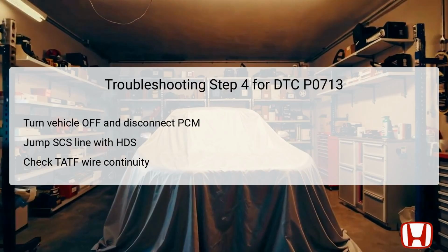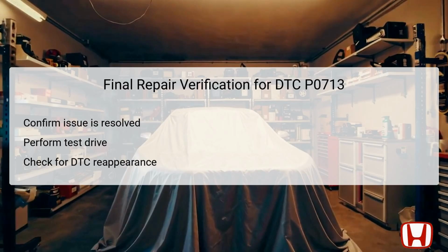If continuity is confirmed, the TATF wire is in good condition, and further investigations should refer to any service information pertaining to the DTCs or symptoms encountered. In the absence of continuity, it indicates an open circuit in the TATF wire needing immediate repair before the issue can be resolved. After completing repairs following the troubleshooting process for DTC P0713, it is crucial to conduct a final